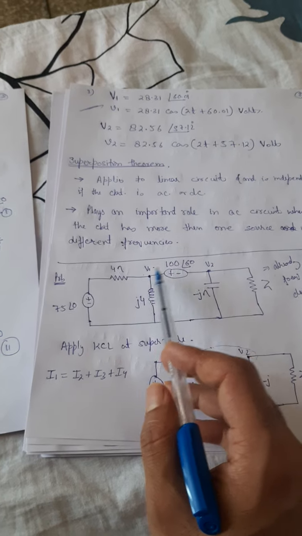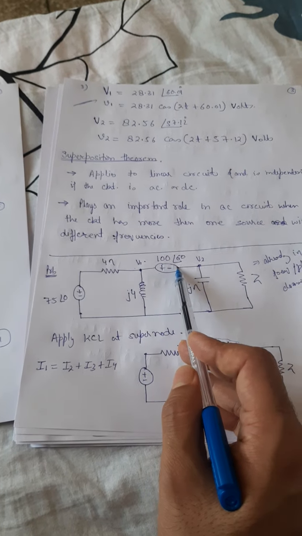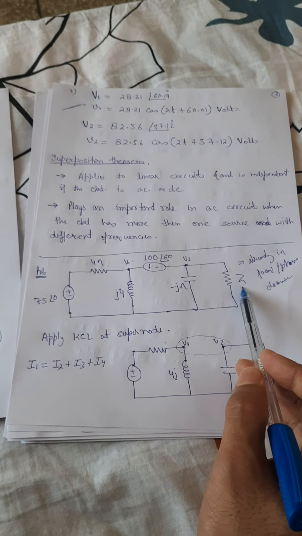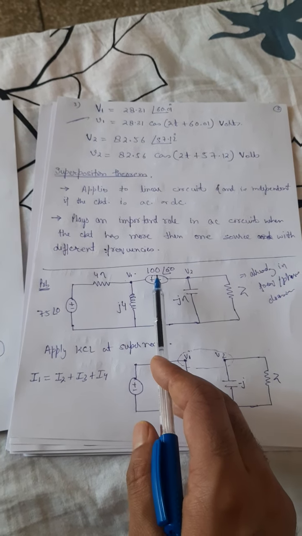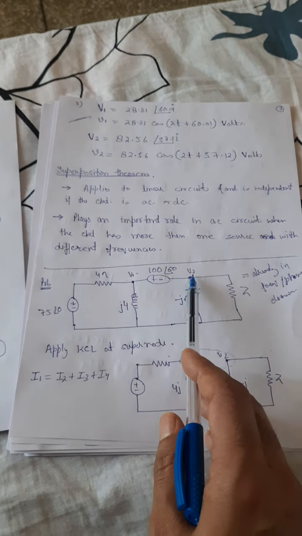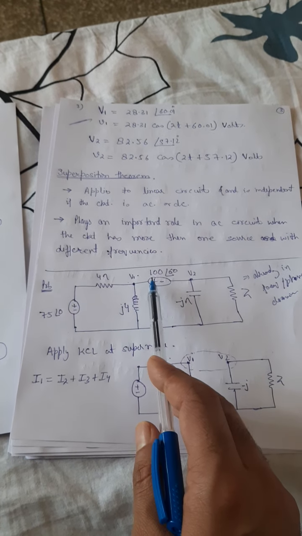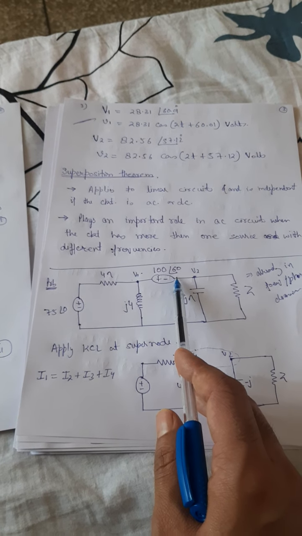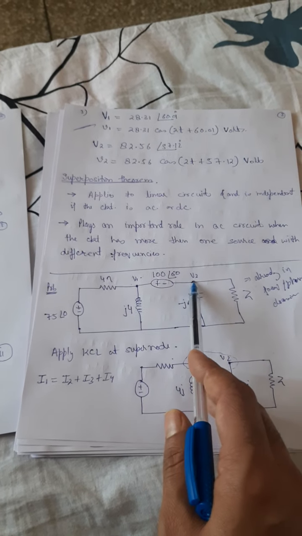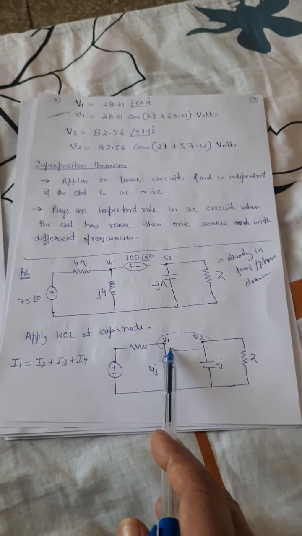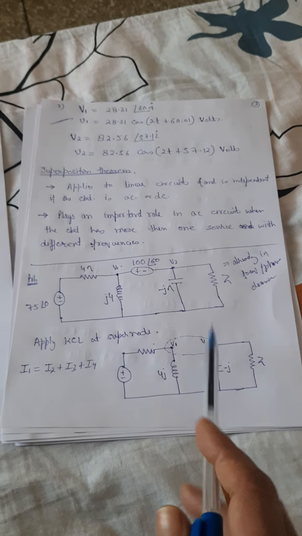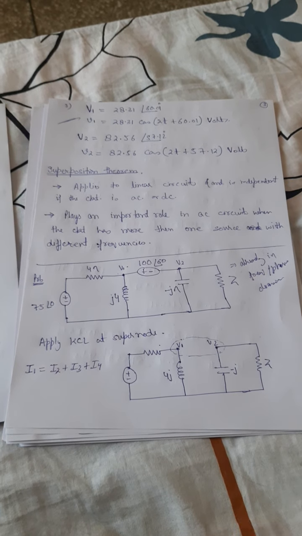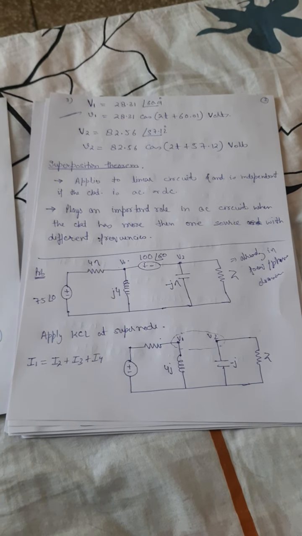Here I have another voltage source which is connected between two non-reference nodes. The voltage of this voltage source is 600 angle 60, and I have a 2 ohm resistor here. Since we have a voltage source connected between two non-reference nodes, and we don't know in advance the current flowing through this voltage source, this will create a super node. You will apply the same technique that you were using in DC analysis.